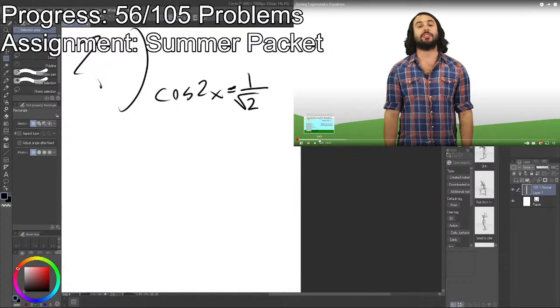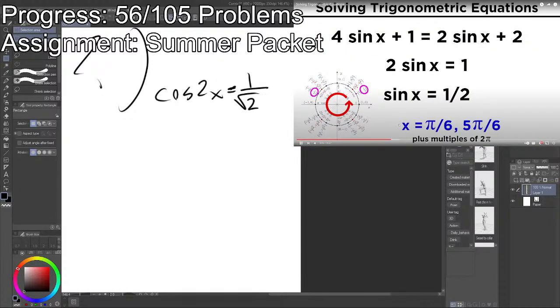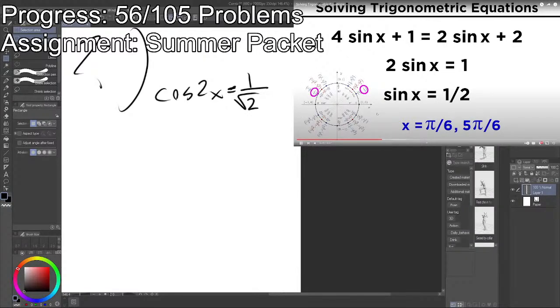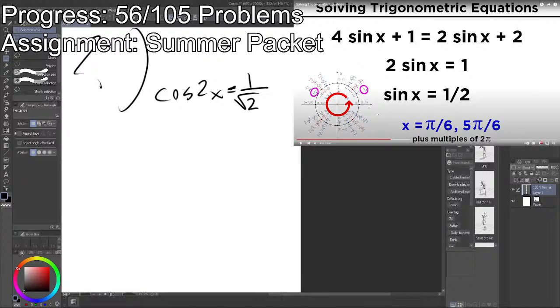It's Professor Dave. Let's solve trigonometric equations. Therefore, the sine of 5/6 pi also gives 1/2. Not only that, but either of these values plus any multiple of 2 pi will also be a solution, because starting at 1/6 pi, if we go all the way around to get here again, which would be 13/6 pi,